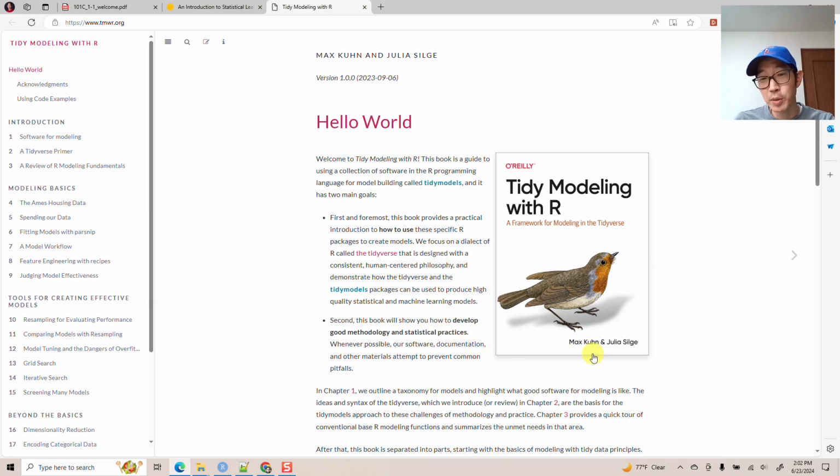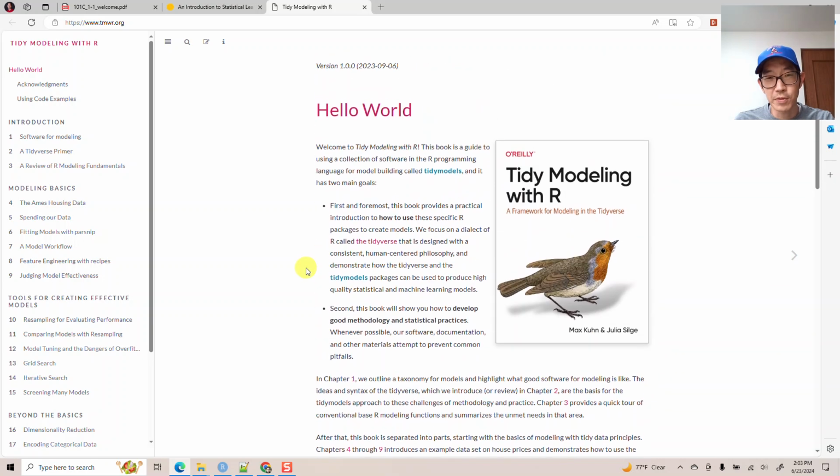And this was authored by Max Kuhn. Max Kuhn is kind of this, I don't know, legendary machine learning author, and so this is also an excellent resource,